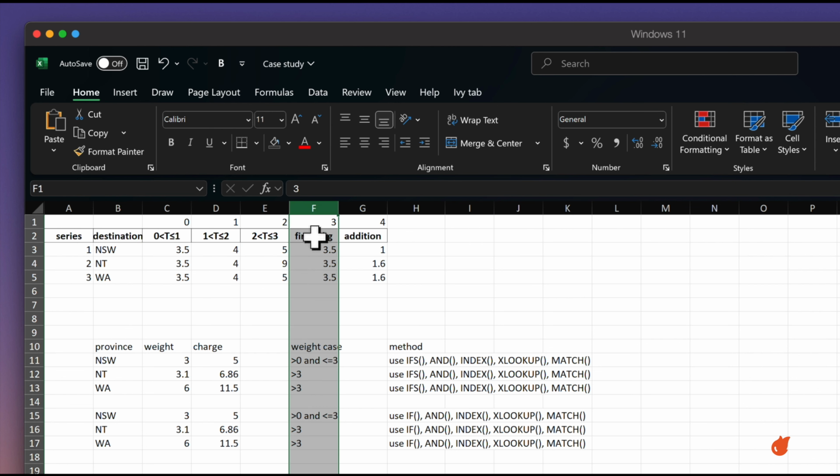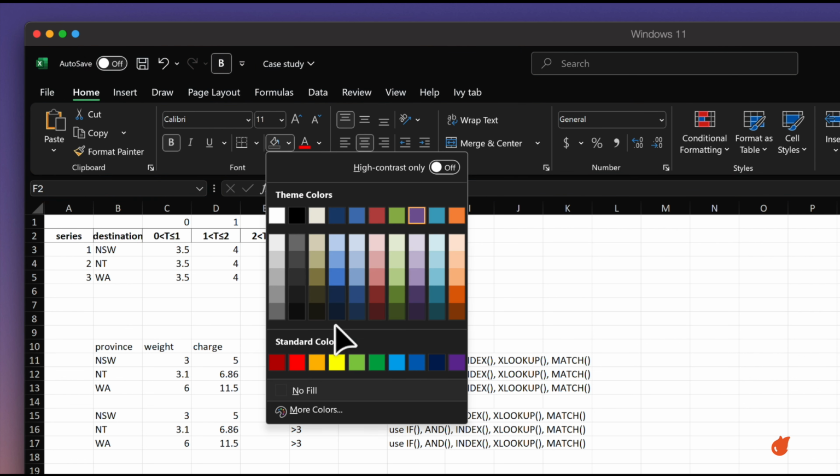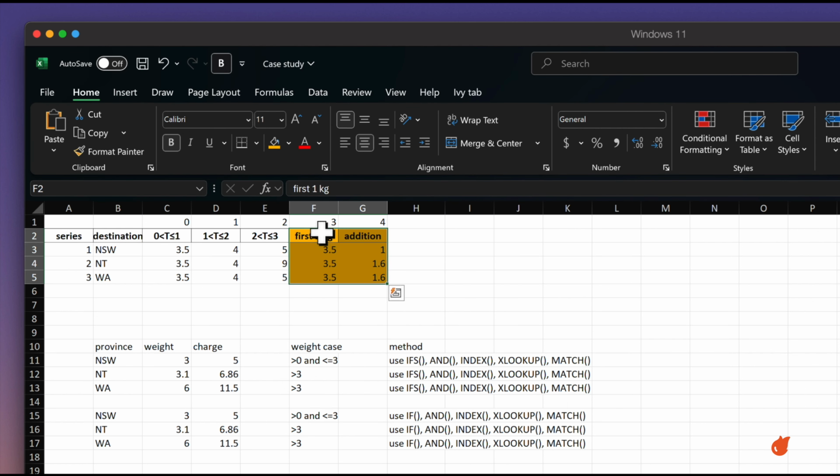But the cutoff is a little bit hard to tell here. When the weight is beyond 3, which is the threshold, we still charge the customer, but with a different calculation. When it's beyond 3, we charge 3.5 for the first kilogram. And for the rest, which is the total weight minus 1, we use the rest times